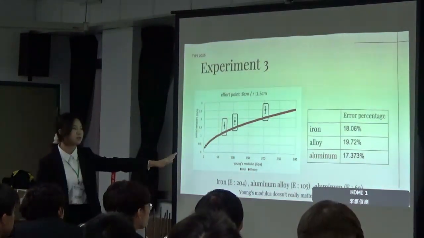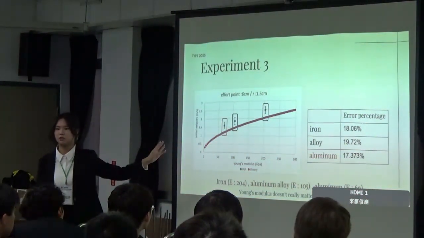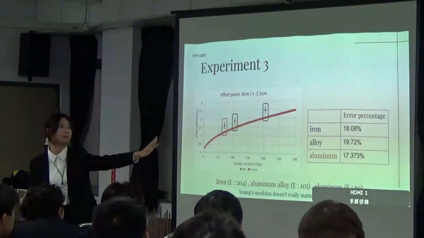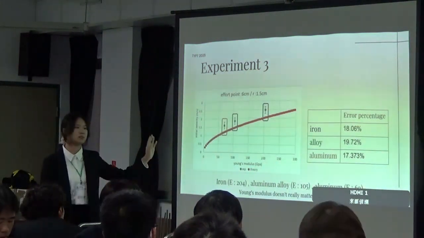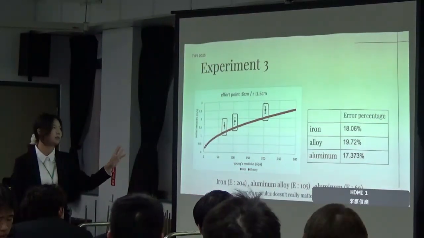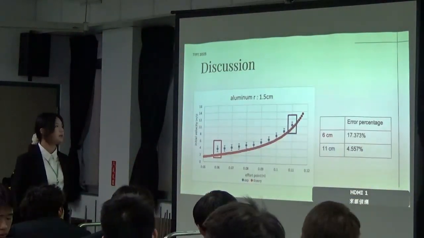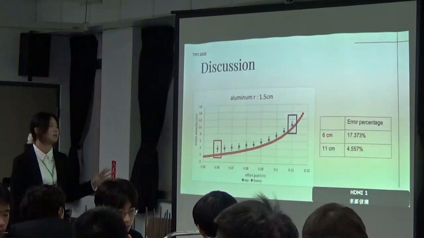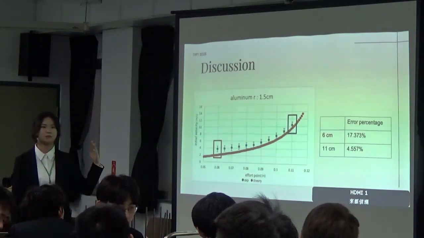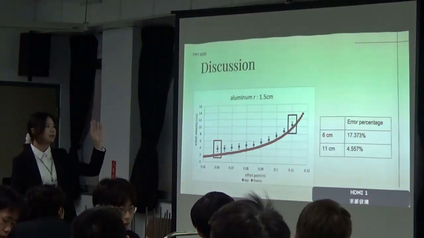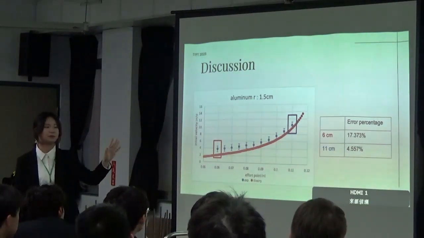But one thing I can measure is that the Young's modulus doesn't really change my error percentage. The error percentage is almost the same. So the Young's modulus doesn't really affect the error. And here comes my first discussion. My first discussion is that I want to explain why, when x1 is smaller, the error percentage will be